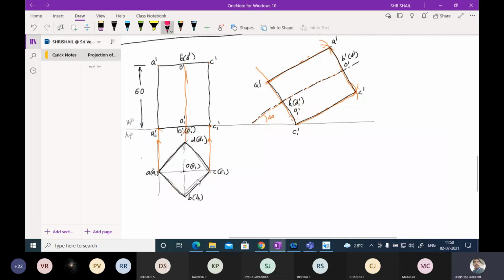Okay. Let me take point A. Be careful. I have projected A. I am going to project the other A. Okay, I'll get a scale. It will become difficult to write.